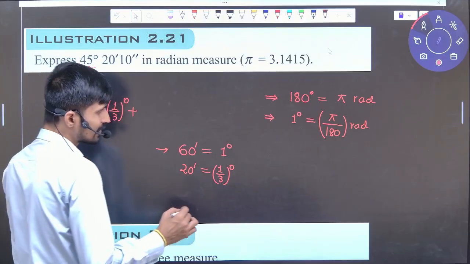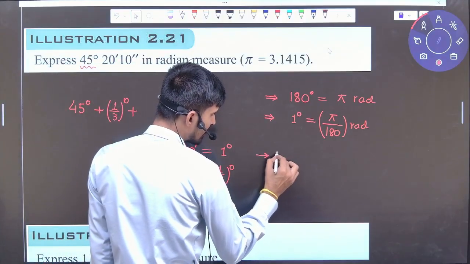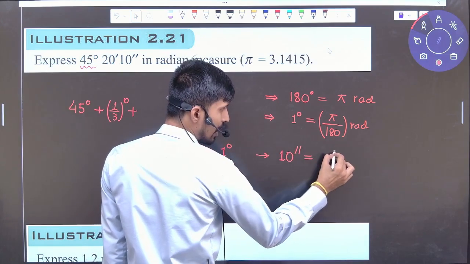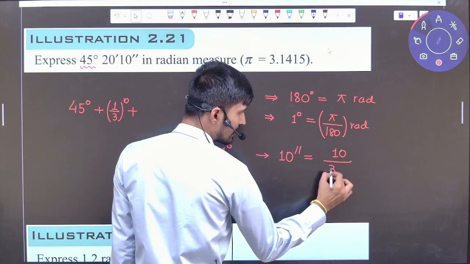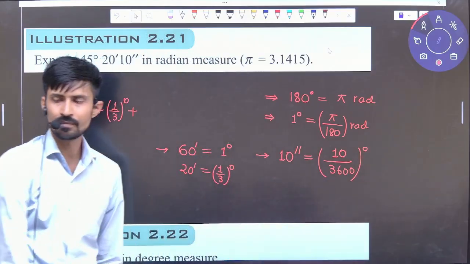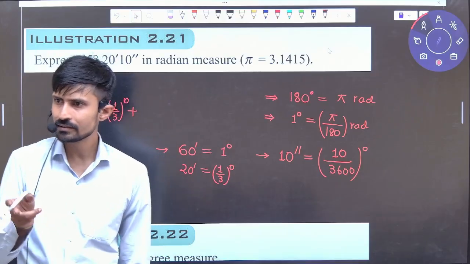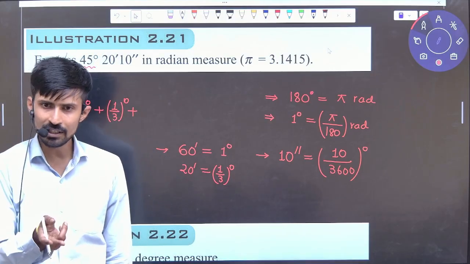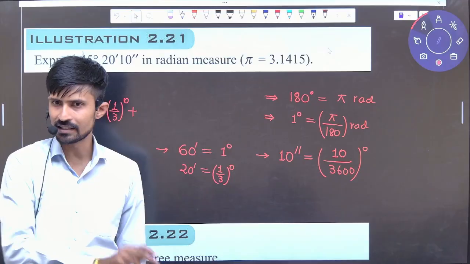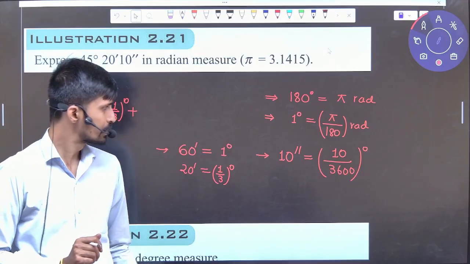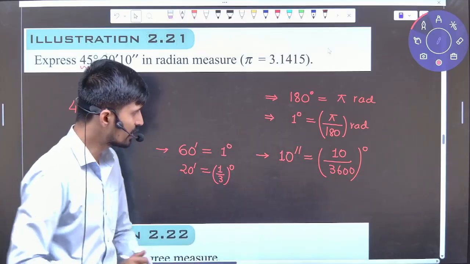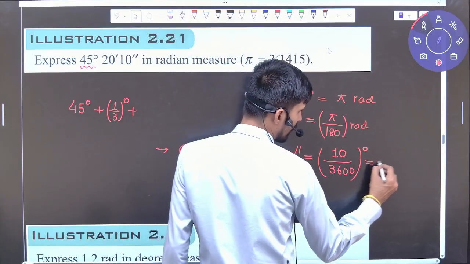So how will we change second in degree? 10 second, what will it be? 10 by 3600 degree, because 1 degree is 60 minute, 1 minute is 60 second. So we can say 1 degree is 3600 second. So 10 second will be 10 by 3600 degree, and this will become 1 by